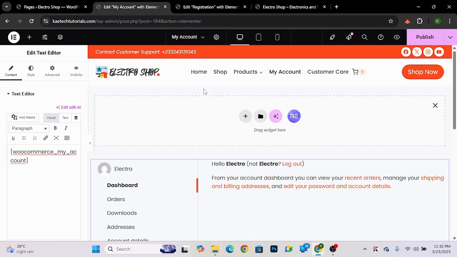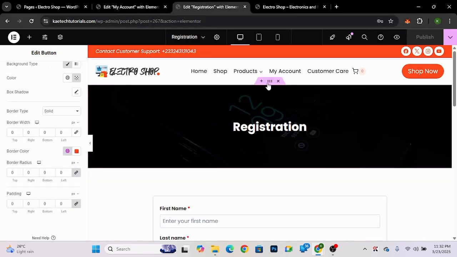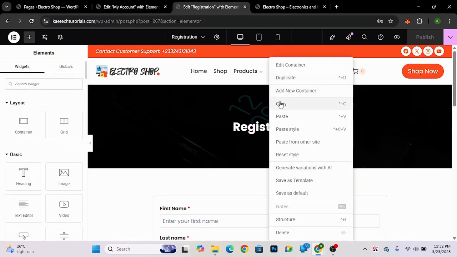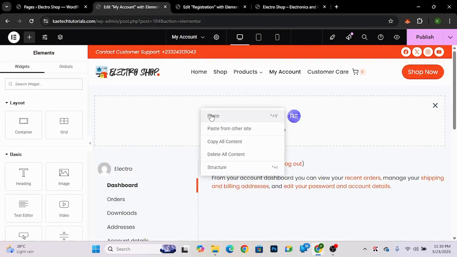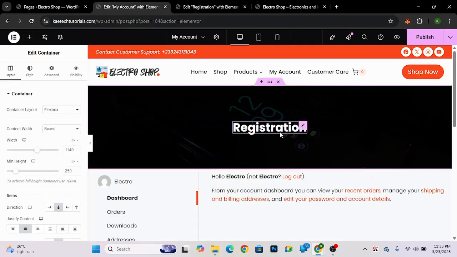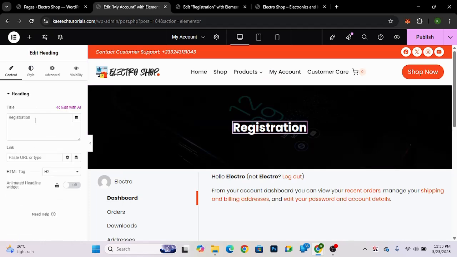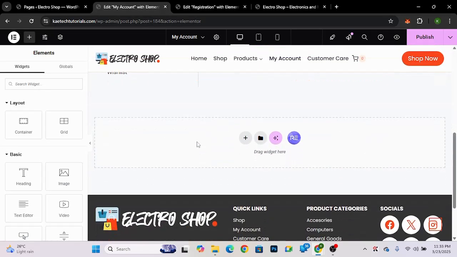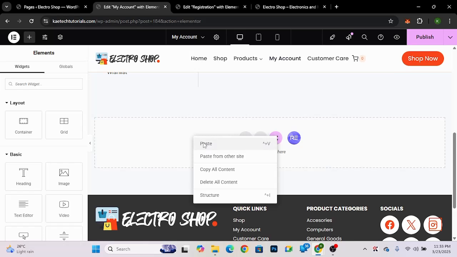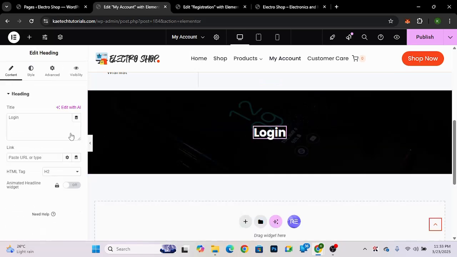Okay, so first of all, I'm going to come over here and copy this hero section over here, and paste it over here. So that is the simplest way you can recreate something in Elementor. And then over here, I'm going to change this one to login. Okay, I'll change this one to login, and then I'll copy this one again. Okay, and then I will recreate this one over here. I'll put it over here, and then over here I'll say